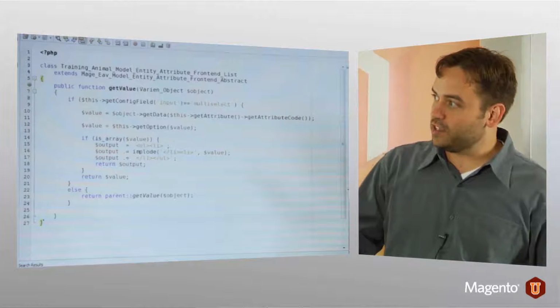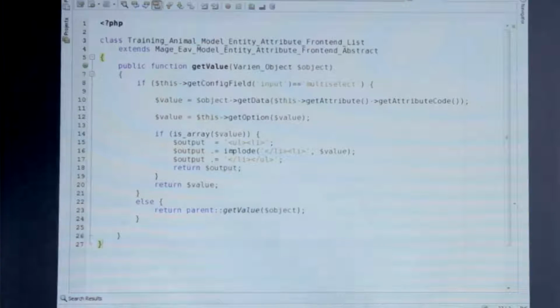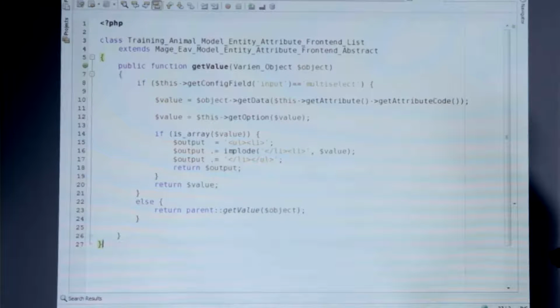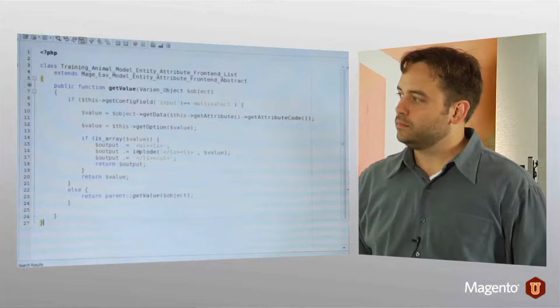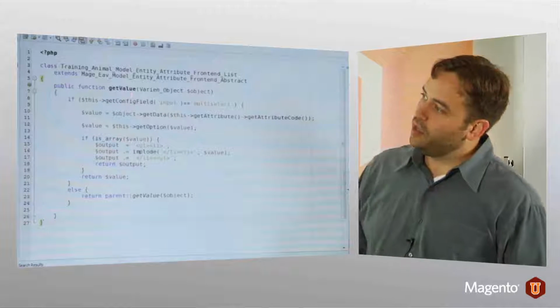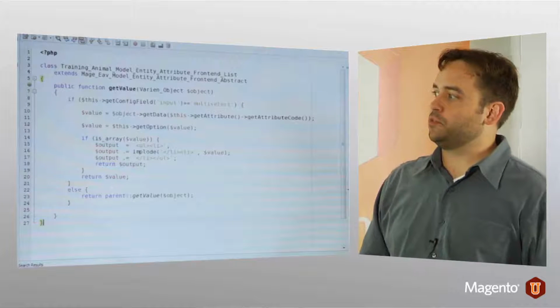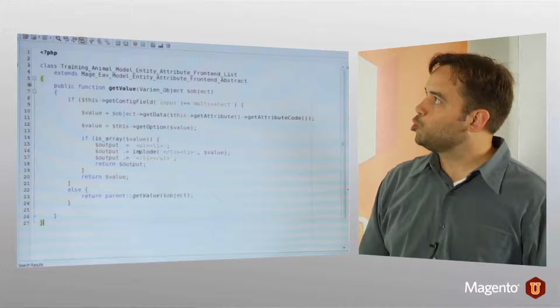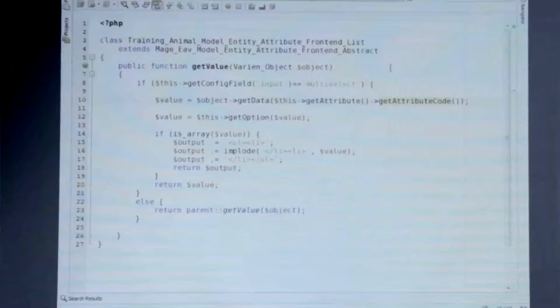So then we check to see, we'll be very safe and check to see that we have an array of options, or I'm sorry, array of values, and then we just build an output string. And then return the value. So if we don't have a multi-select, well, we'll just return the parent class. Cool. So that's good. Now all we have to do is